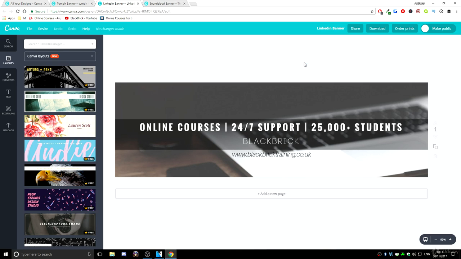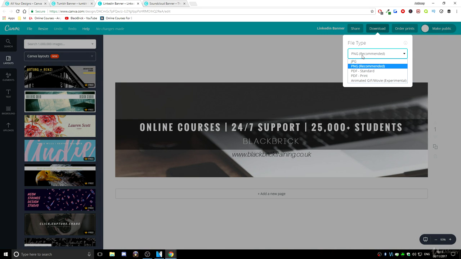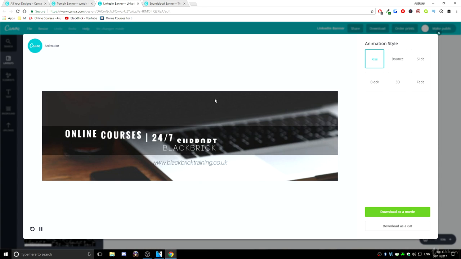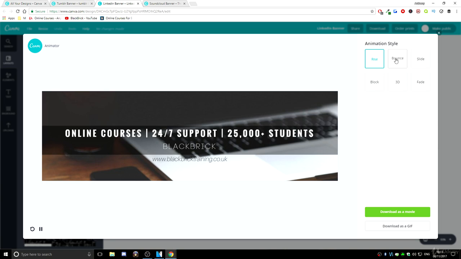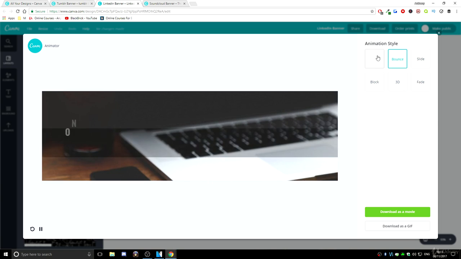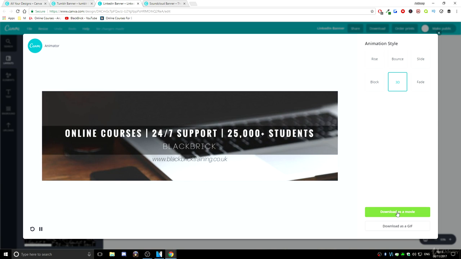There you go. So once again, just go to download, hit the drop down box just here and go down to animated GIF/movie, hit preview animation, and just here you'll be able to preview what you are downloading, and then you get to choose your style. On the right here there's 6 different style options. You can go to 3D, block, fade, slide, bounce or rise. For this one I'm just going to go to 3D,